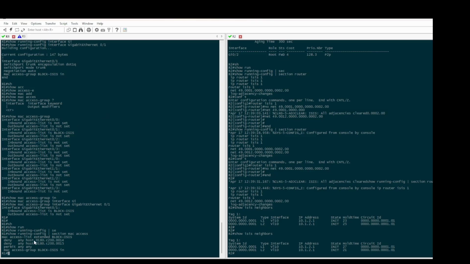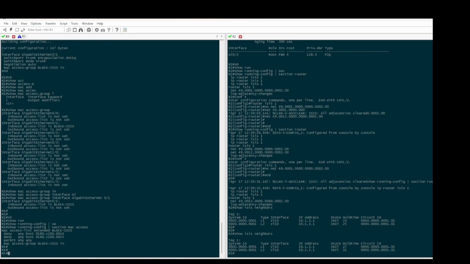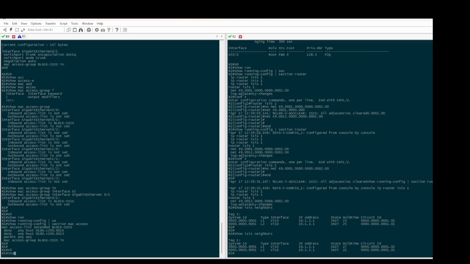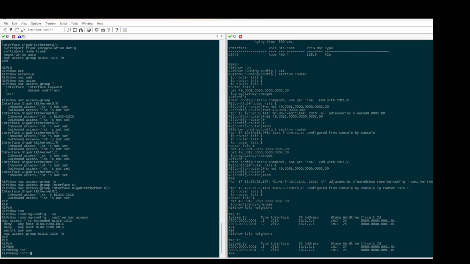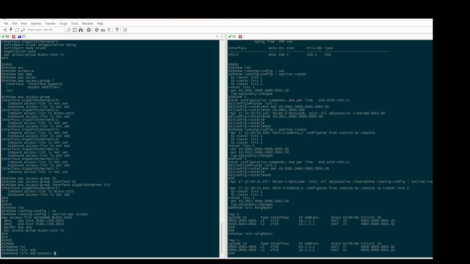So we denied these two MAC addresses and we permitted all the others. And then we applied this access list on interface gig 0/1 on R1. So it is currently sending IIH packets, but it's not receiving anything, as we applied the access list on interface gig 0/1. So if we run a debug on R1, let's say a debug IS-IS adjacency packets,